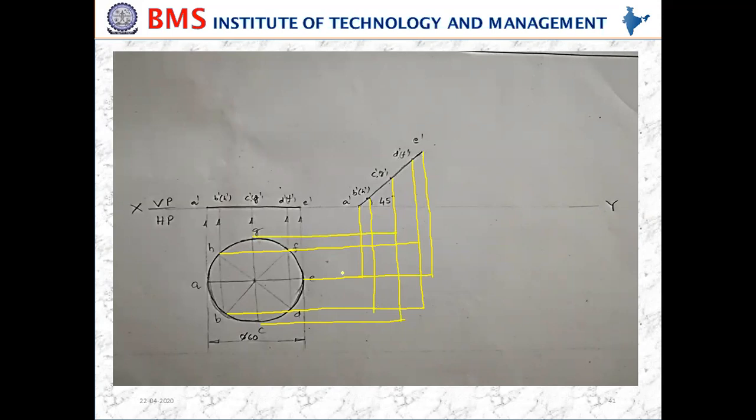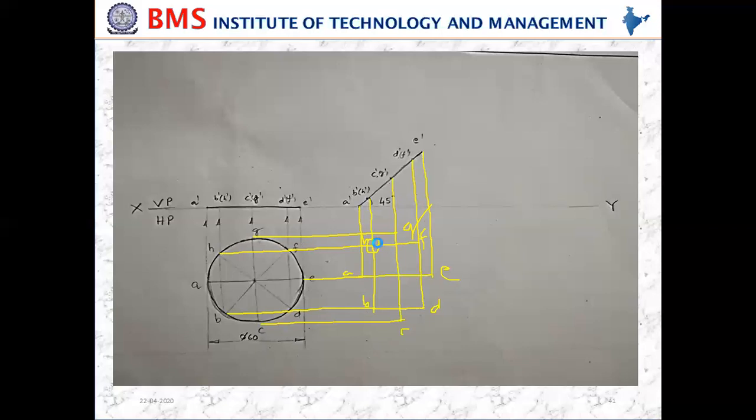So this is A, and this is B, and this is C, and this is D, and this is E, and this is F, and this is G, and this is H. The intersection point of H dash and H is here.